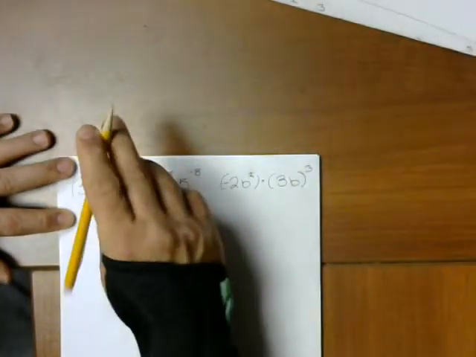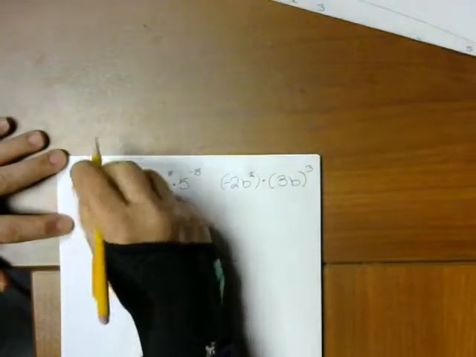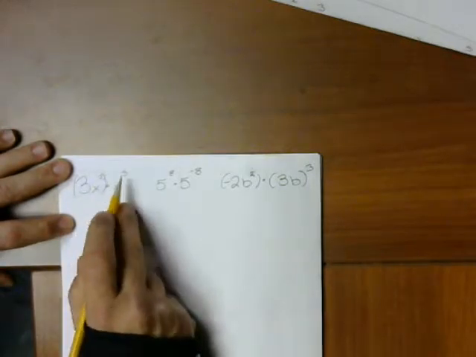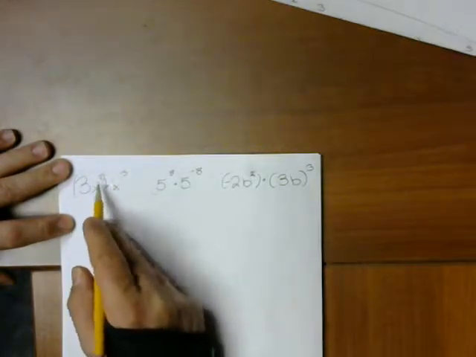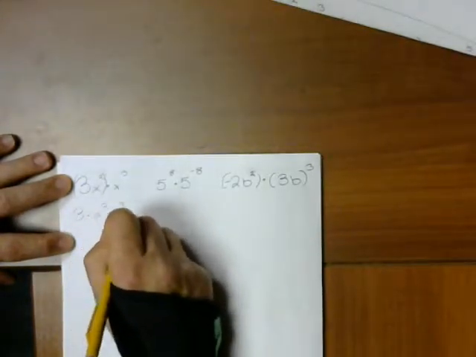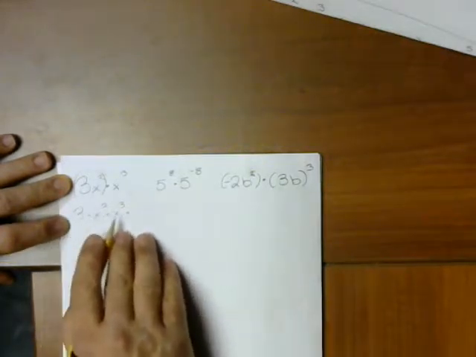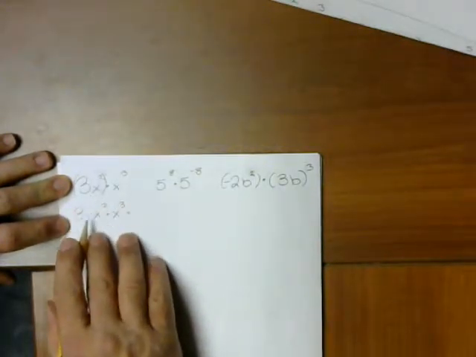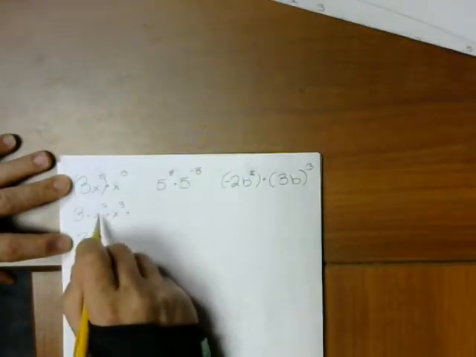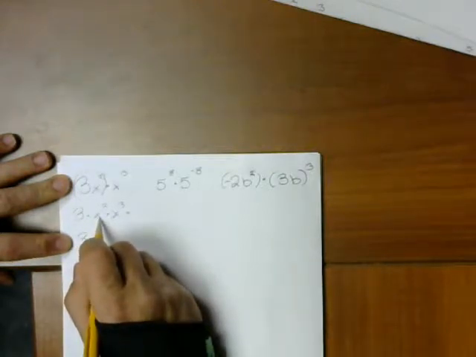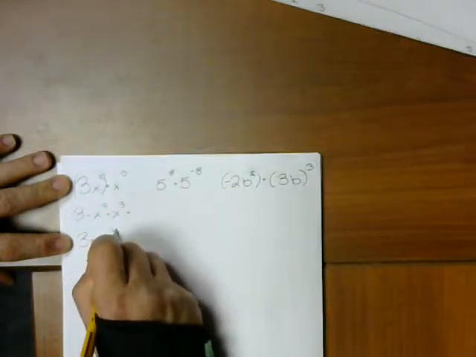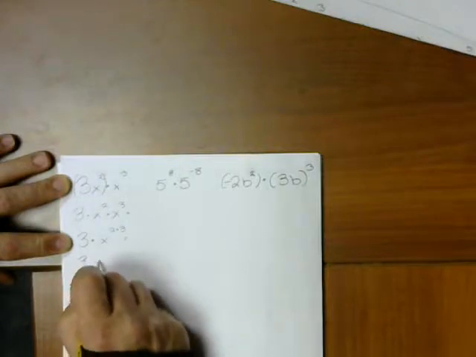So what we have here is 3x squared times x cubed. So what do we do here? Well, this is 3 times x squared times x cubed. All of these things are just multiplying each other. It doesn't matter where this parenthesis is because of the associative rule. I use my law. It says that a to the m times a to the n is a to the m plus n. So x squared times x cubed is x to the 2 plus 3, which gives me 3x